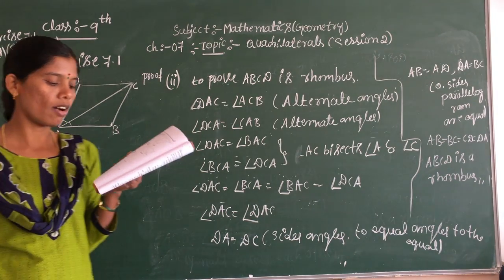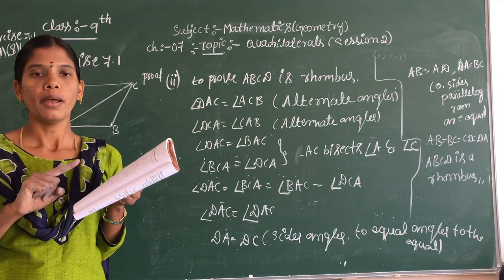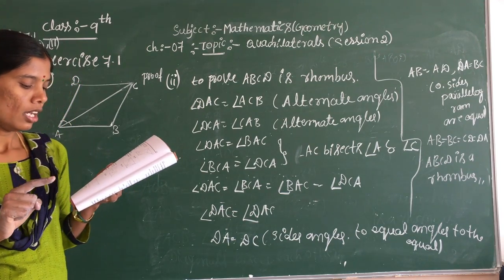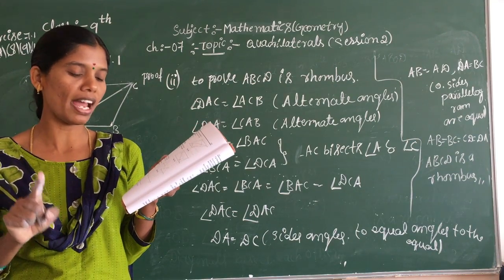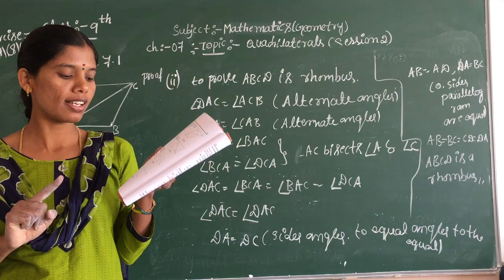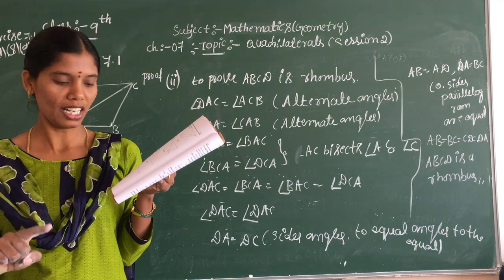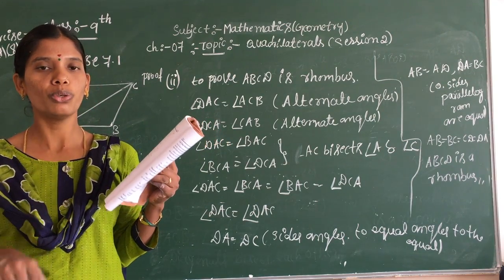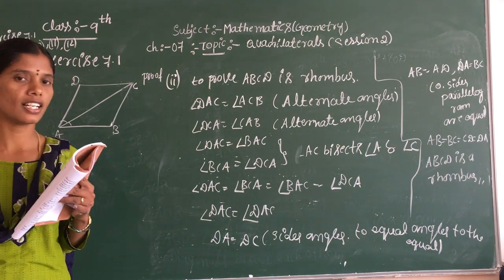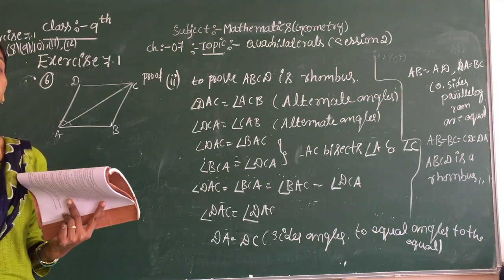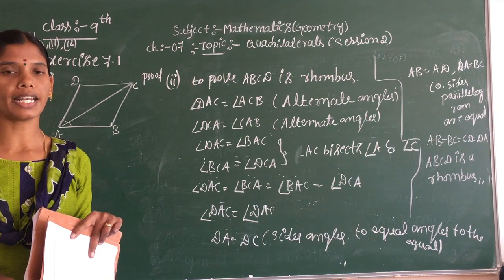Now next, the last one. ABCD is a trapezium. A trapezium is also a quadrilateral, in which AB parallel to CD and AD is equal to BC. Show that angle A is equal to angle B, angle C is equal to angle D, and third, triangle ABC congruent triangle BAD, with diagonal AC and diagonal BD. So we should do that in homework, children. Now write notes about that quadrilateral and exercise problems. Have you got this one? All of you do the problems properly and write in your notes.